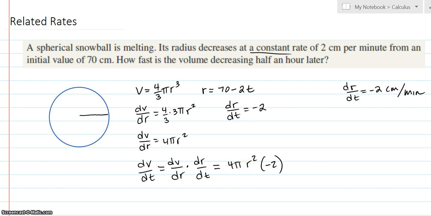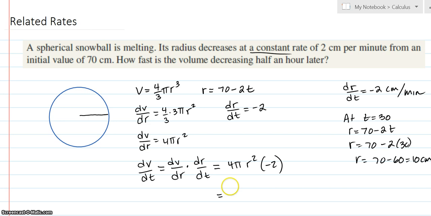Now they're asking us how fast this is 30 minutes later. And again, you can't plug in 30 minutes here, but luckily for us, you can figure out what the r is when t equals 30. We are in minutes here, because we know that r is equal to 70 minus 2t. We have not used that yet. So if you plug that in, you get 70 minus 60, which is 10, and that would be centimeters. So you can see here that this would be 4 pi times 10 squared times negative 2,